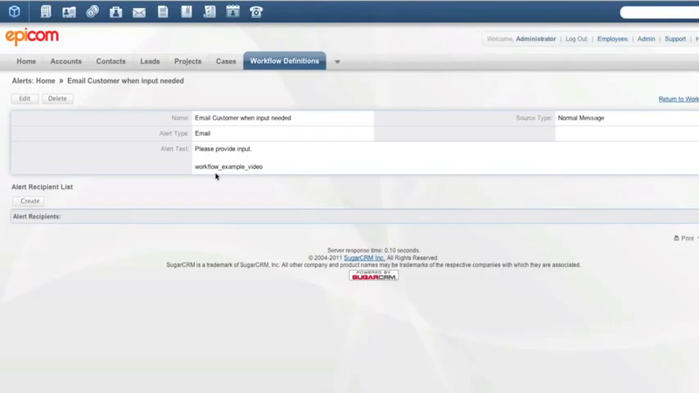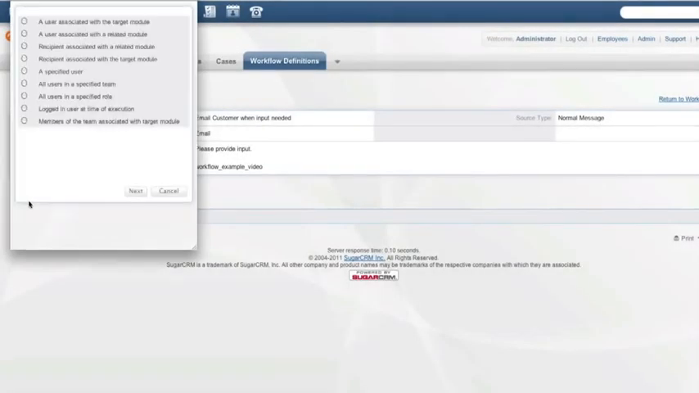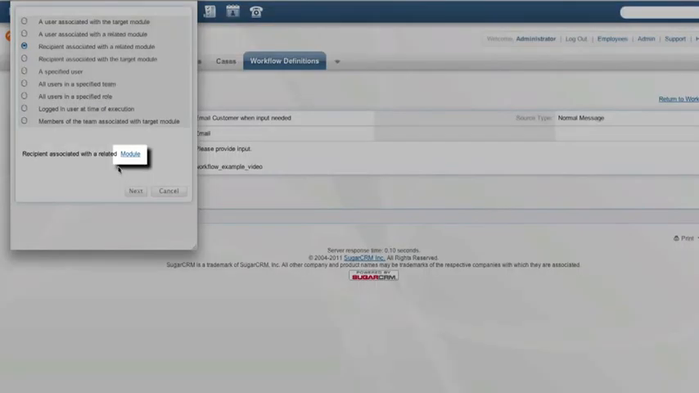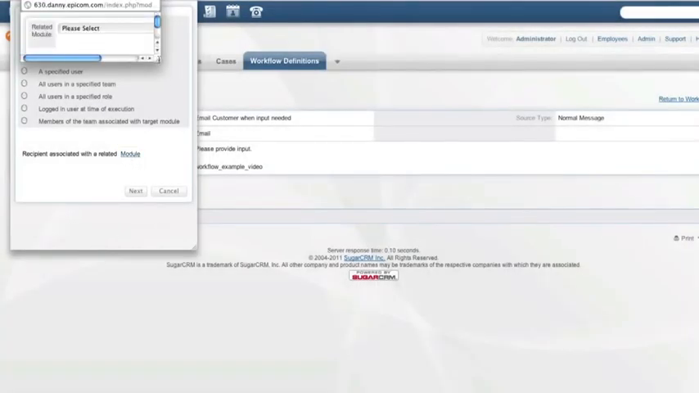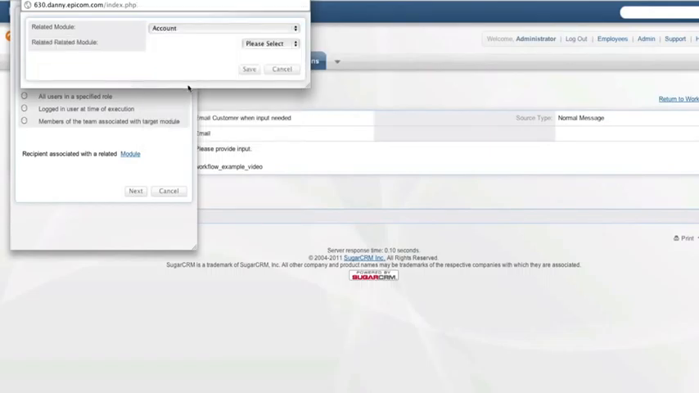Okay, so once we've created the alert, we want to choose who is going to get it. In this example, we want to send it to the account associated with the case. So that is going to be a recipient associated with a related module, this third option down. So the first step is to choose the module that is related to the cases module. Now,